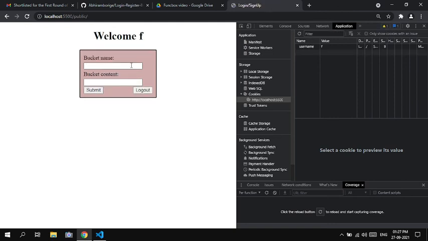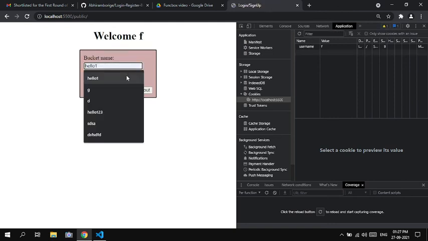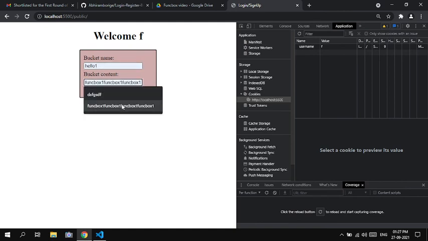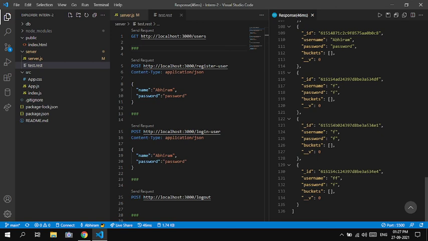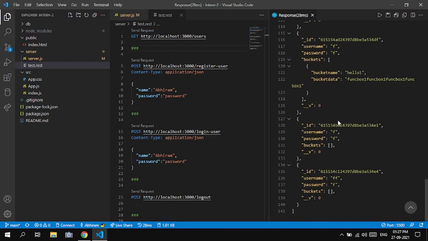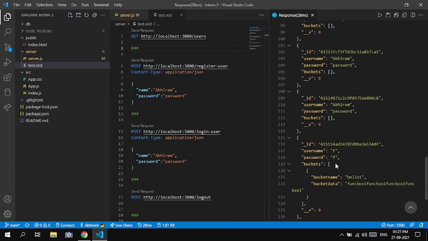It will be showing welcome F, and I will be entering a bucket name hello and submit this. And yes, this one, right? And we will send the request again. As you can see, there is a bucket name and bucket data that is being pushed into this buckets array.